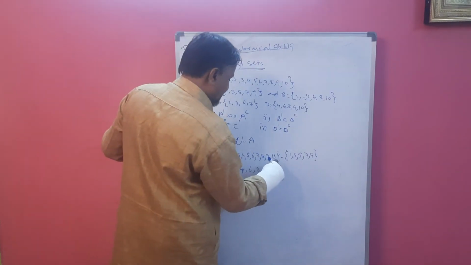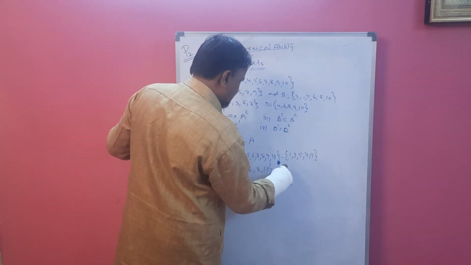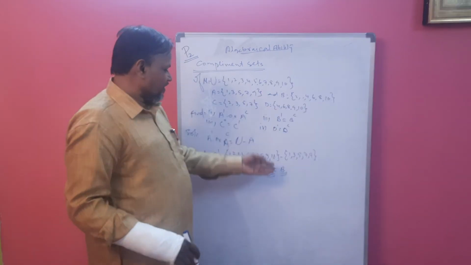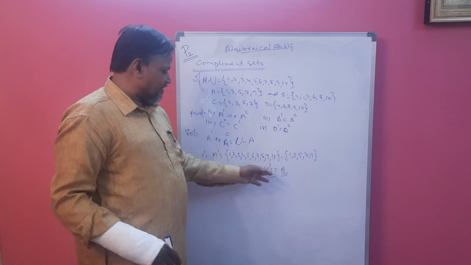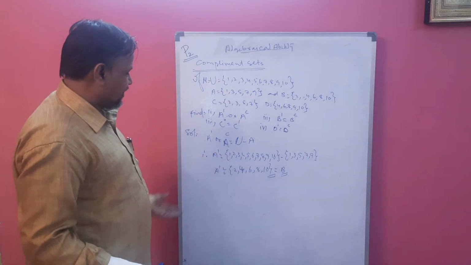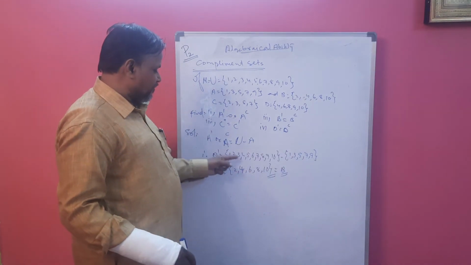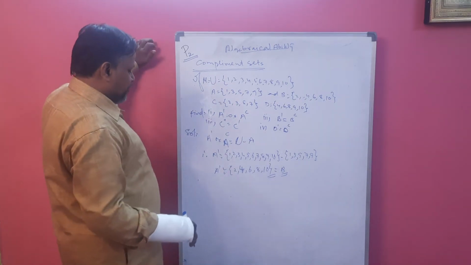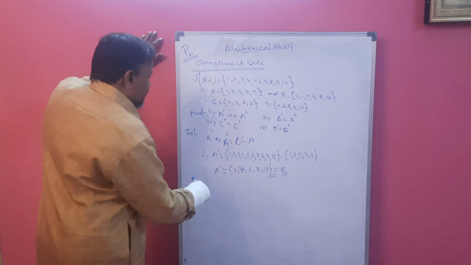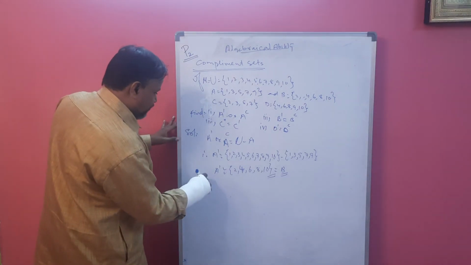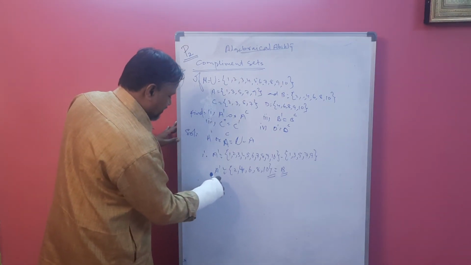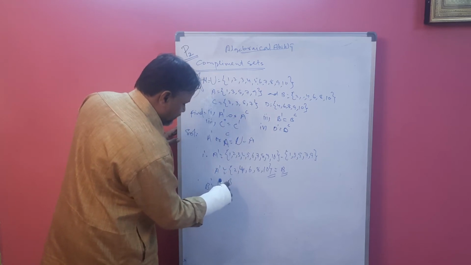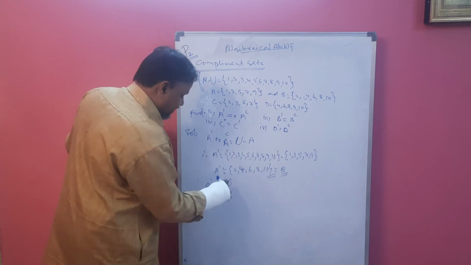So we can say A complement is nothing but B, because we are getting the same numbers, that's why we are writing it. There is no need to write A always. If they are different, okay, but here odd and even are there, that's why we are getting each other reciprocally. Complement of A is B. Now we are going to find the second, B complement. B complement is again U minus B, right? U means your universal set.